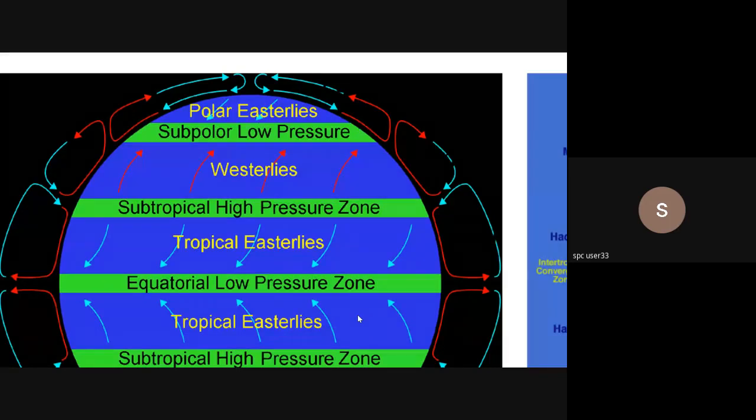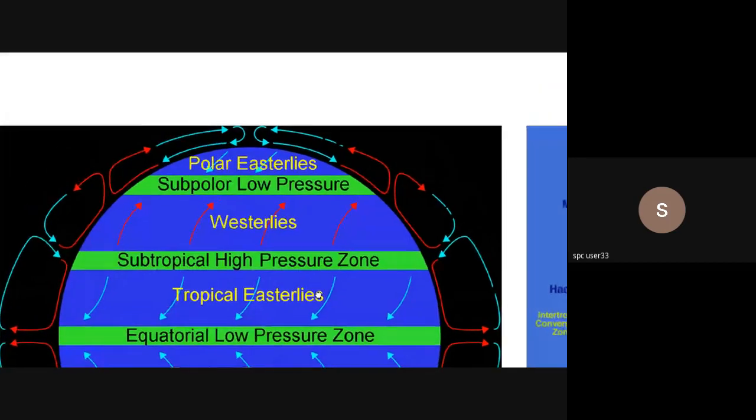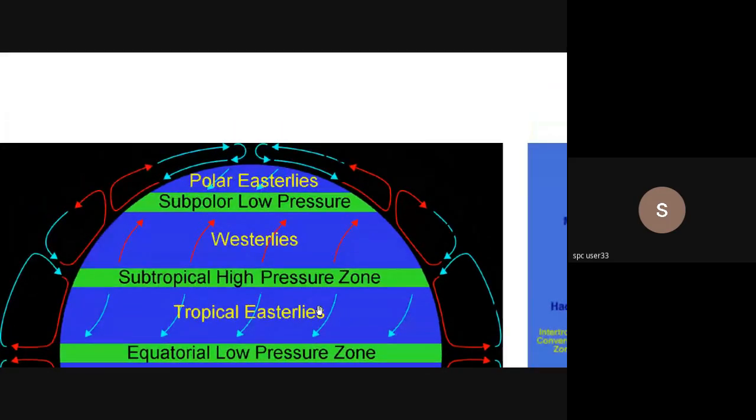So we need to take one hemisphere at a time, and you will see what is happening in this particular hemisphere. Okay, so I'll just put it in the right way here. This is the hemisphere we would be taking into consideration. I would like you all to first look at these convective cells that you can see in the atmosphere. What is happening is that here, at the equatorial part, we have these red arrows going up, and then they turn blue, and then of course they come down here in the high pressure regions. Similarly on the other side.